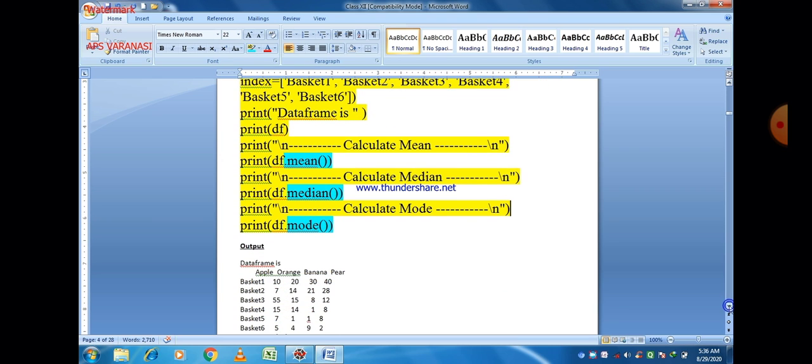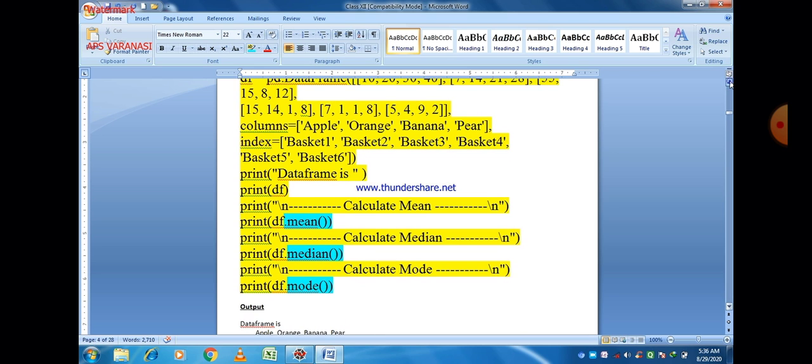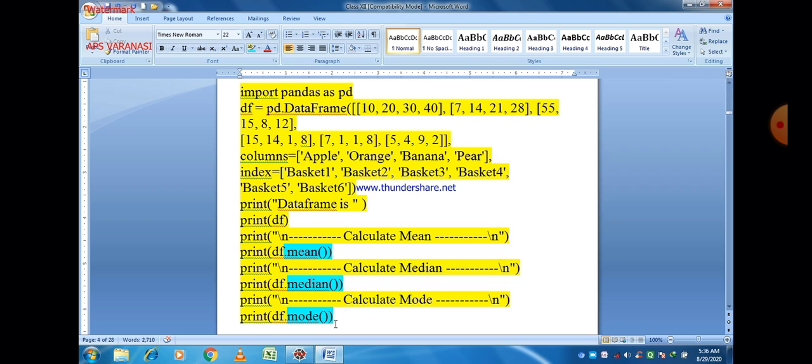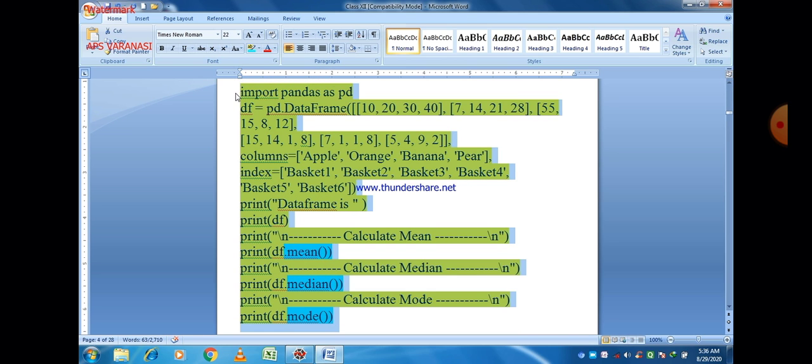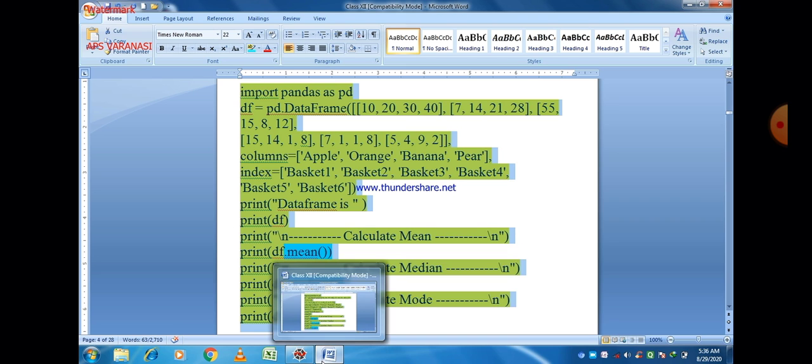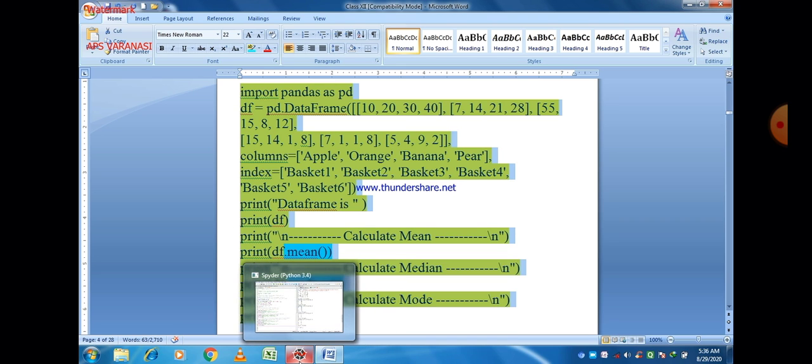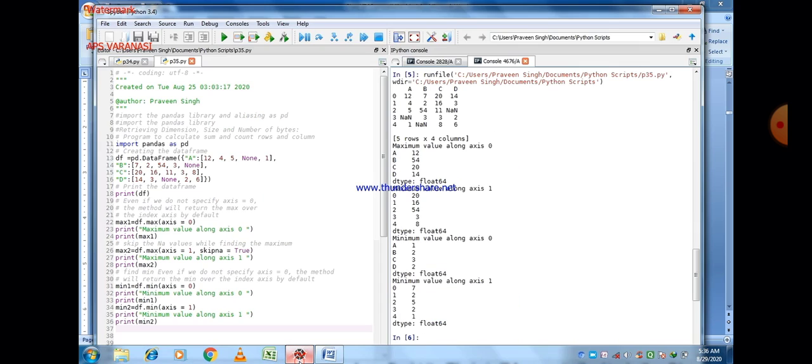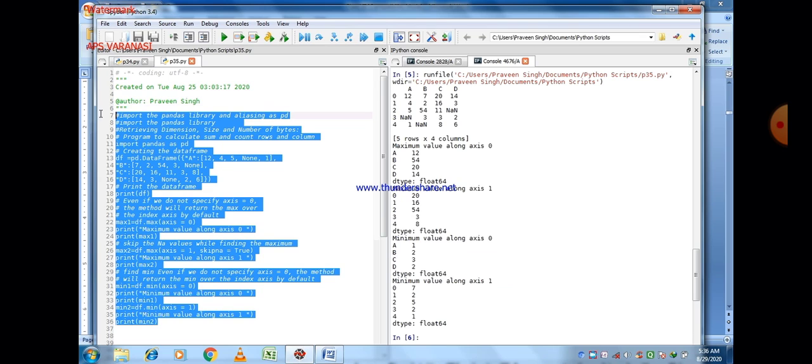Here is the output. So execute this program. Python Anaconda we use here. This is our previous program, so I just overwrite the program here.